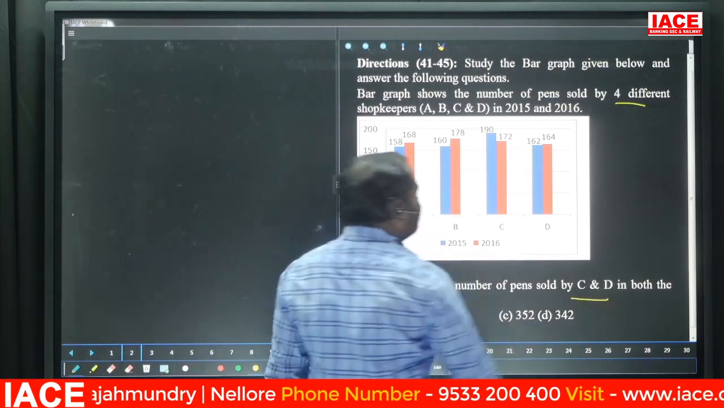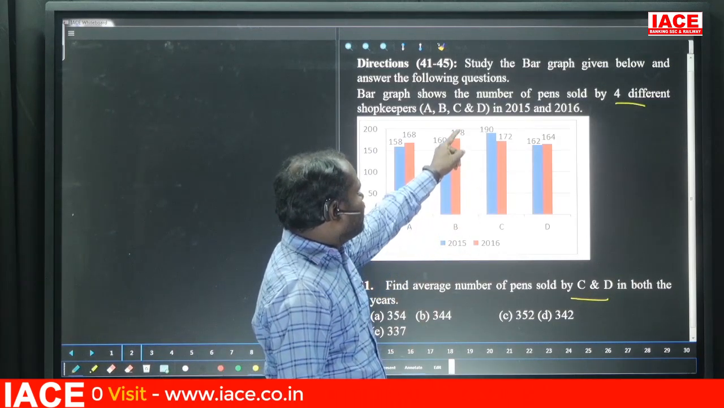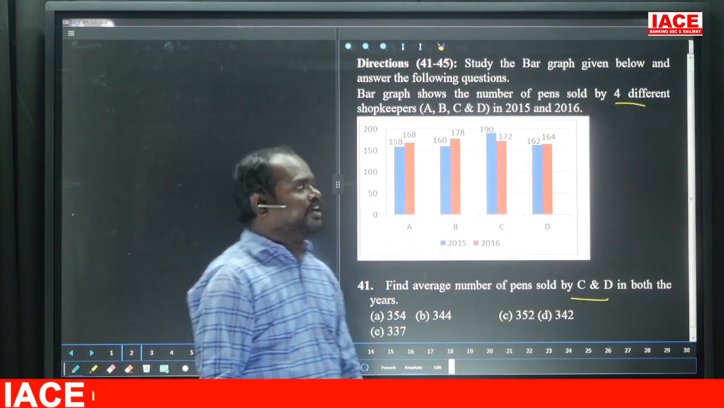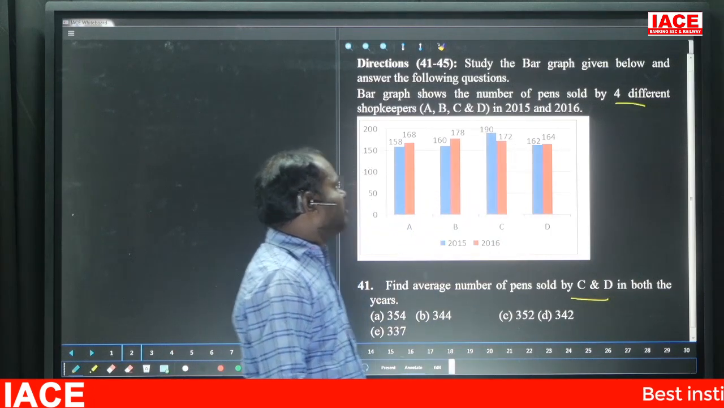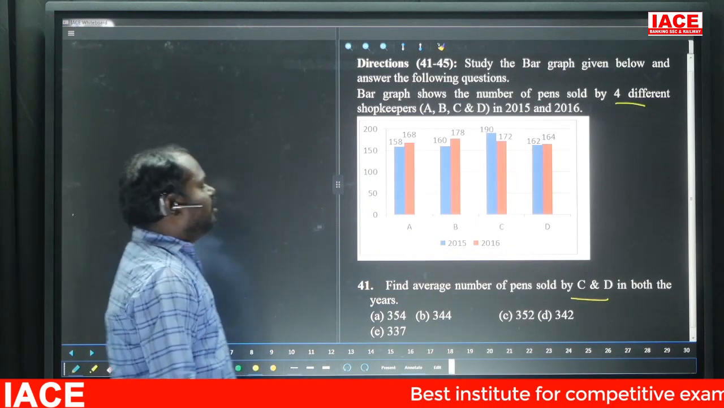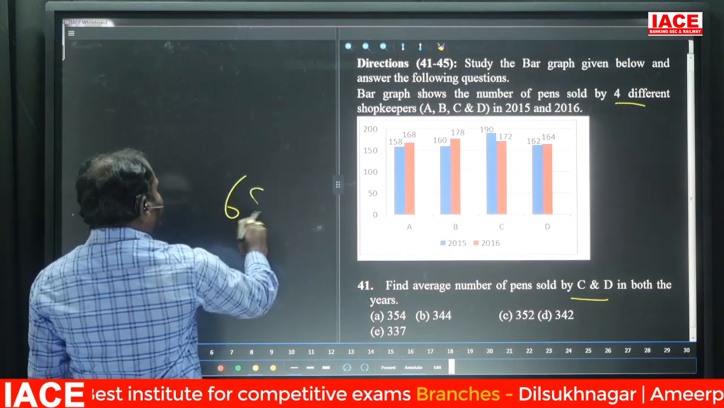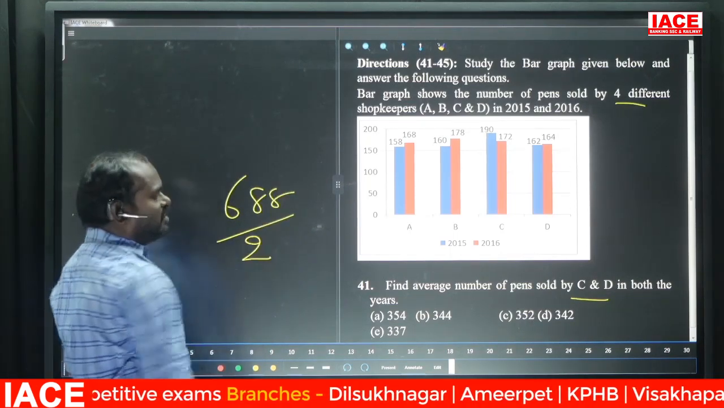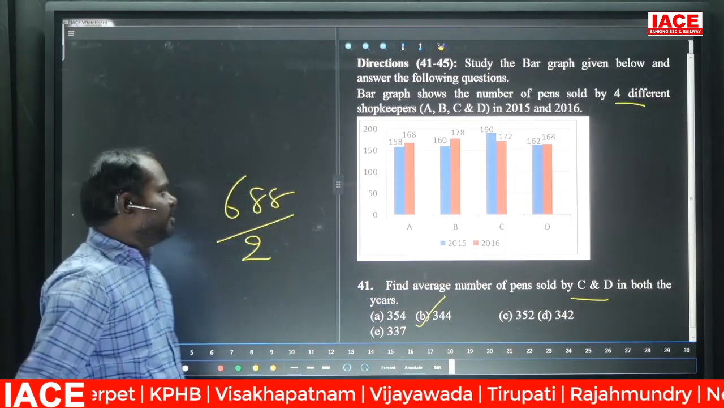The question is asking what is the average of C and D together. So C value and D value in total is entirely 400. Then 90 plus 72 is 162, plus 62 is 224, and 288. 288 plus 400 is 688, and half of that is 344. So the answer is 344. Next,